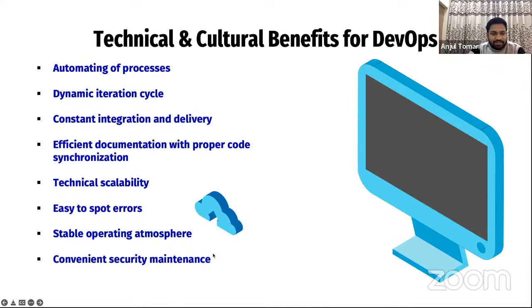Convenient security maintenance. This is something which organizations generally feel pain with, right? Implementing convenient security. Security should be a part of the DNA in DevOps, right? If you are doing something, you should try to put security in our DNA. That's why something called DevSecOps came into place. I'm not specifying DevSecOps individually, but it's just a factor: if you do something in DevOps, do it with a security mindset. So just in case future issues come, they may create very little damage or equivalently no damage to the system, right?